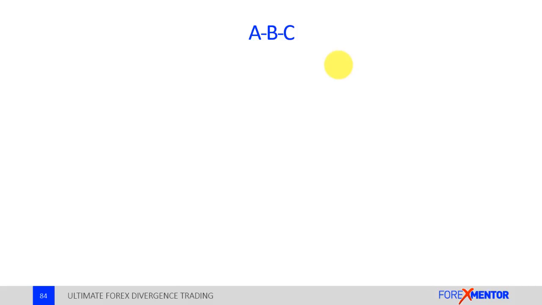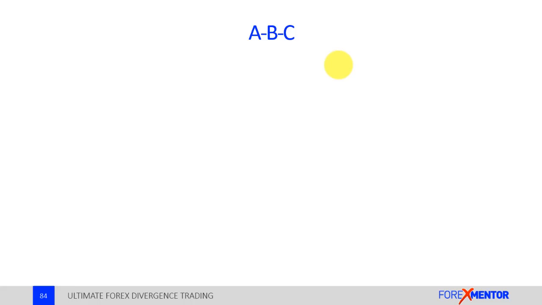Okay, now we're going to get into some of the patterns that we're going to track in the market. And from this point on, we're going to show you a lot of examples, because I don't want there to be any doubt when you leave this course that the markets are indeed patterned, and that we can use those patterns and divergence to extract money from the market to give us a high probability of success with the proper risk management,